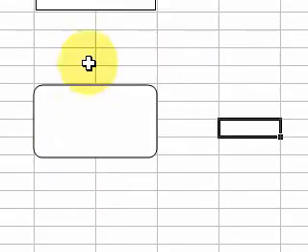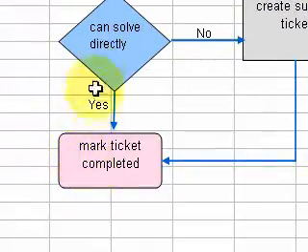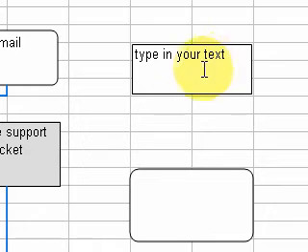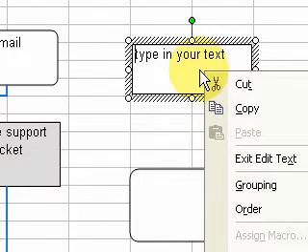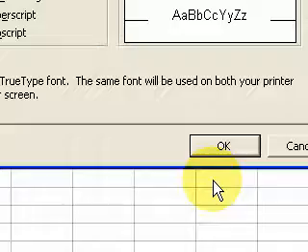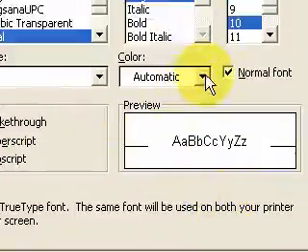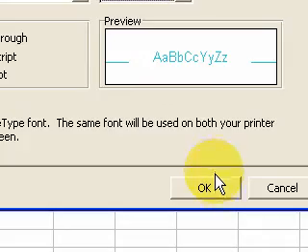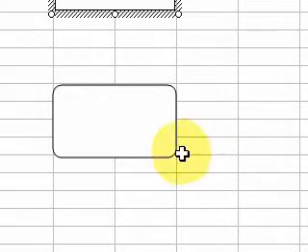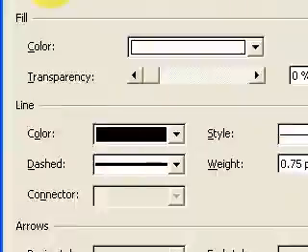Now these can be edited. You can see these ones are different colours. That's quite simple to do. Just place your cursor over the item, right click, Format Auto Shape, Colour, oh sorry, I've just done the text, let's try again, right click, Format Auto Shape, here we go, Colours and